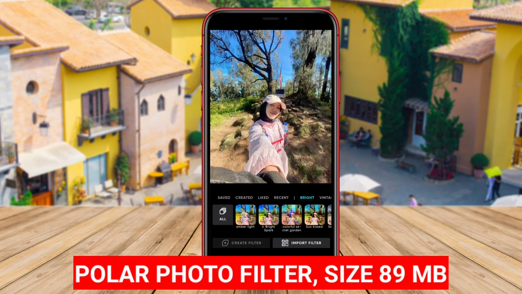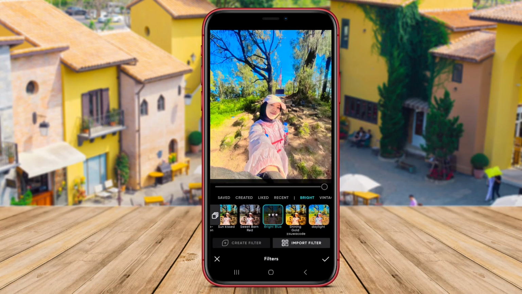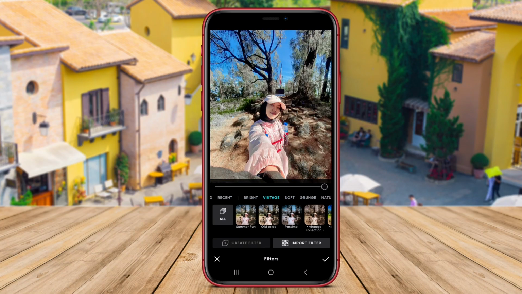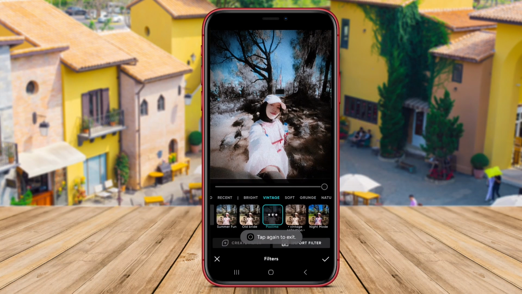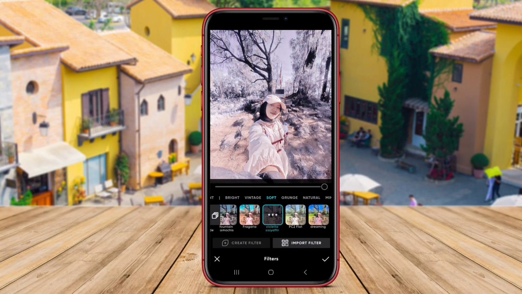Lomograph Filter. Lomograph Filter is an Android application that specializes in providing lomography-style filters for your photos. Lomography is a style of photography known for its experimental and artistic approach, characterized by its use of unique color palettes and light leaks. With Lomograph Filter, you can apply these distinctive filters to your photos, giving them a vintage